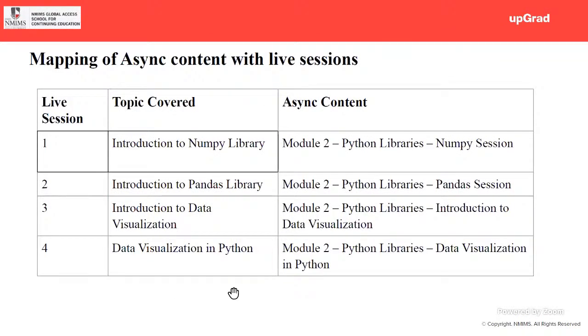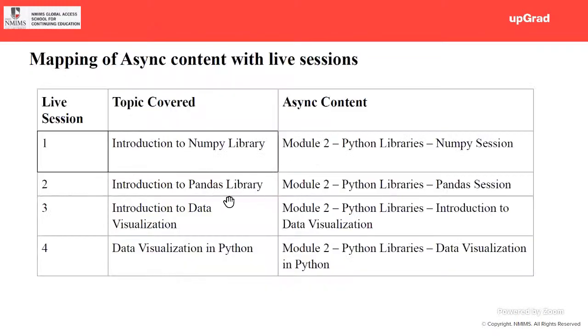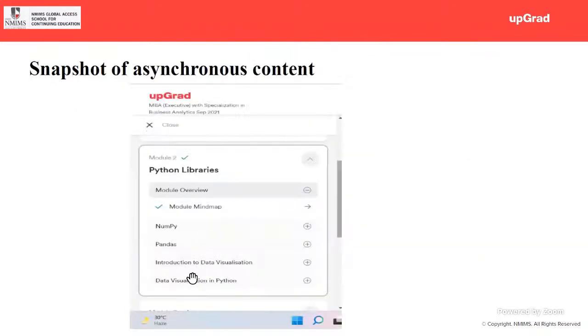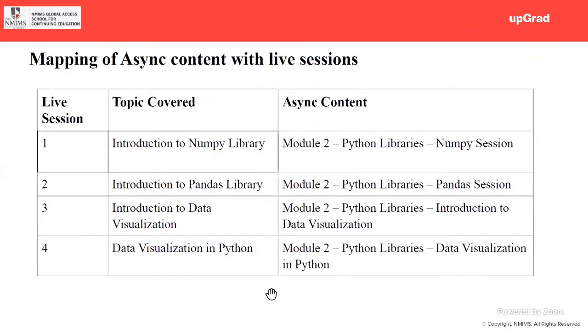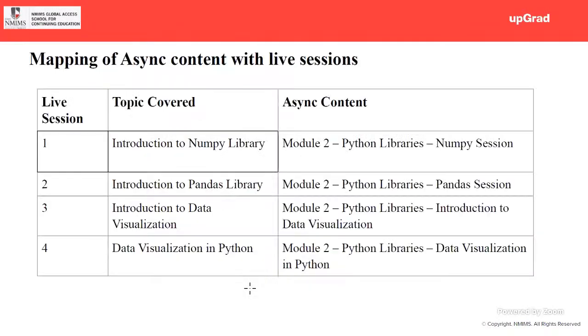The first live session, which is today, is Introduction to NumPy. Similarly, the second live session is Pandas. Third, Introduction to Data Visualization. And the last one is about the Seaborn library, Data Visualization in Python. Okay, so this is your async content mapping.